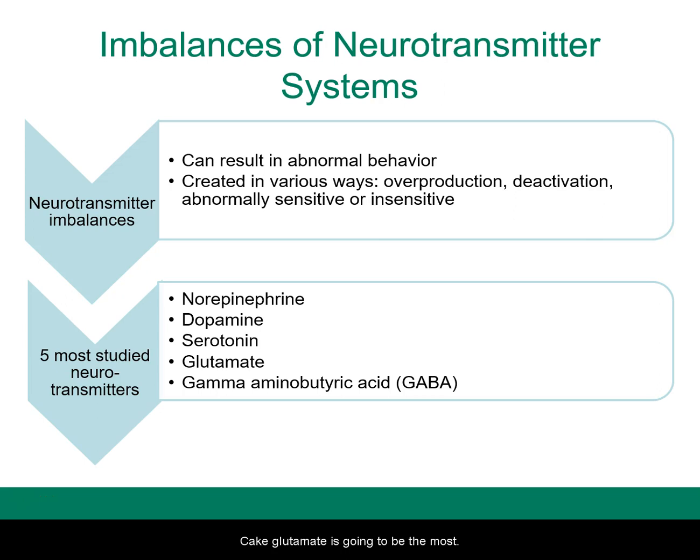Okay, glutamate is the most prolific agonistic or excitatory neurotransmitter. Glutamate is the excitatory neurotransmitter. GABA is the inhibitory neurotransmitter. So even though we have norepinephrine, dopamine, and serotonin happening at the same time, what they do is they influence glutamate and they influence GABA. Okay, just to let you know that. And we'll hit upon all of these in subsequent chapters.